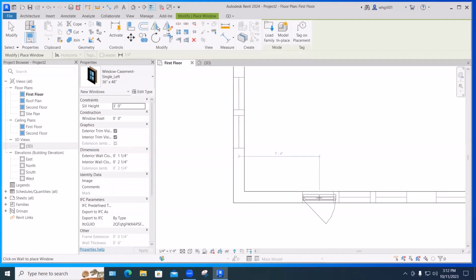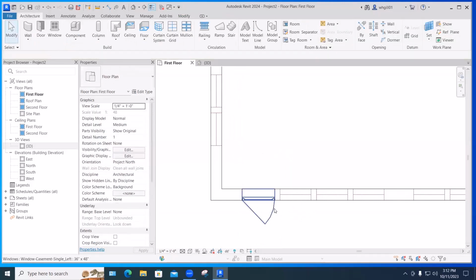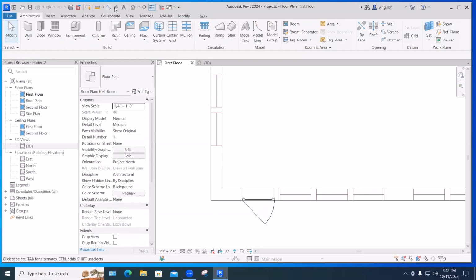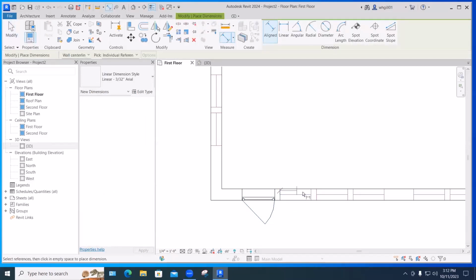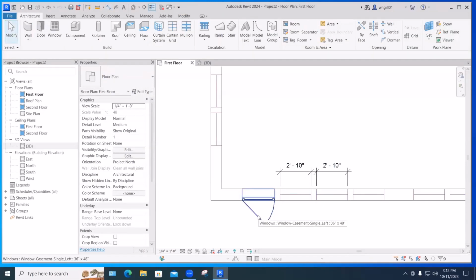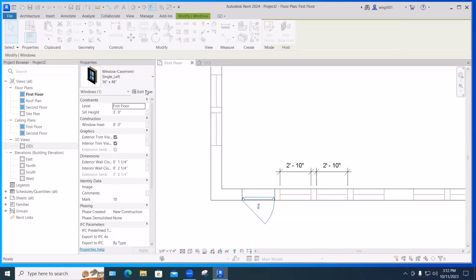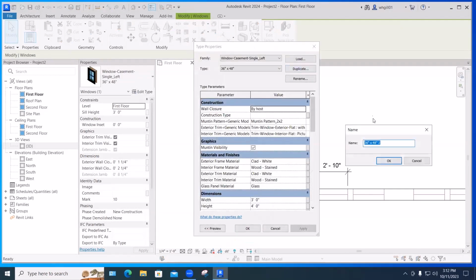And you see Revit places these in the middle. I'm just going to get it the correct size first and then move it into place. Okay, they're all 2'10". So this is a little bigger. This is 3 feet. So we'll pick this guy, edit type, duplicate,